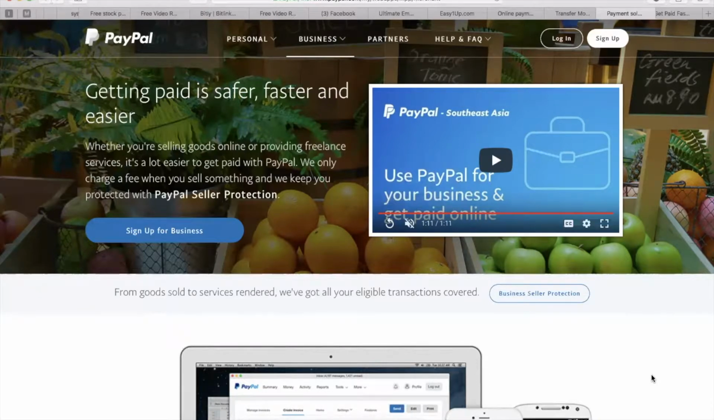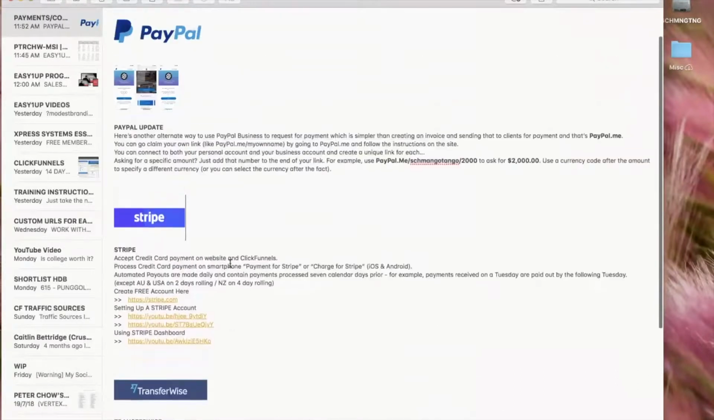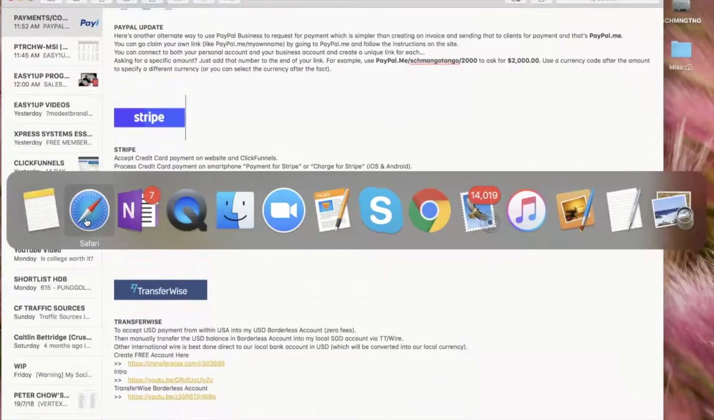Hey guys, in today's training I'm going to go into a little more detail on payment collections, and we are going to cover PayPal, Stripe, and TransferWise. If you remember, I've already asked you to go ahead and create the accounts as needed,